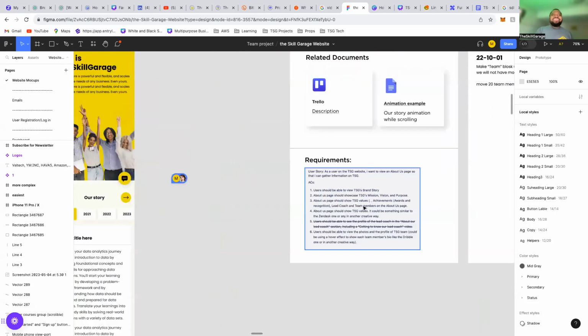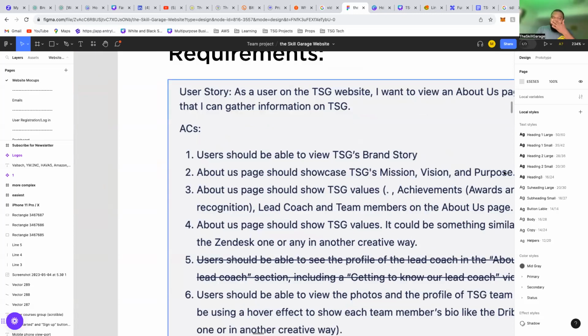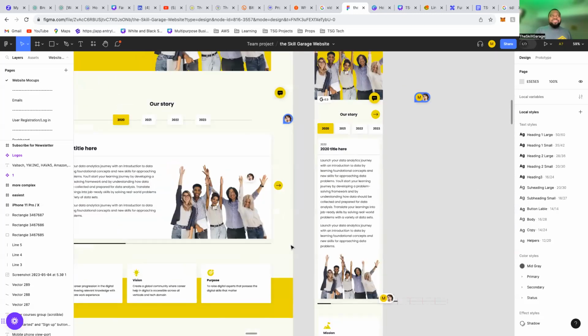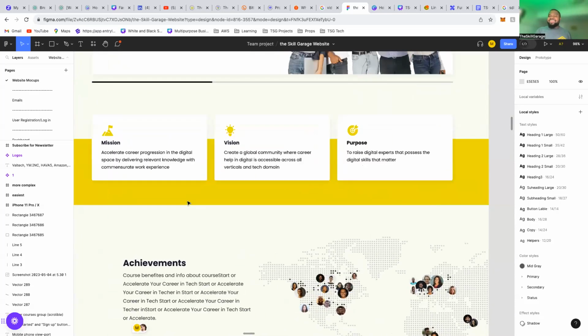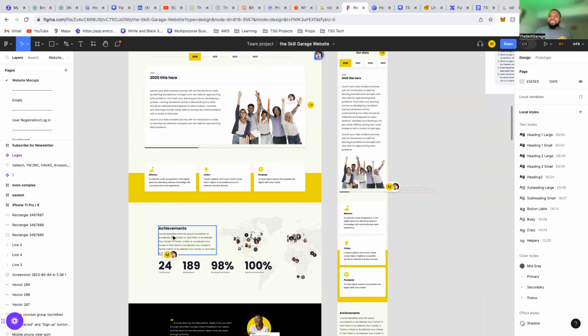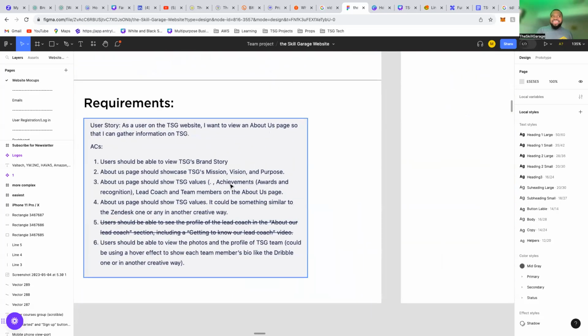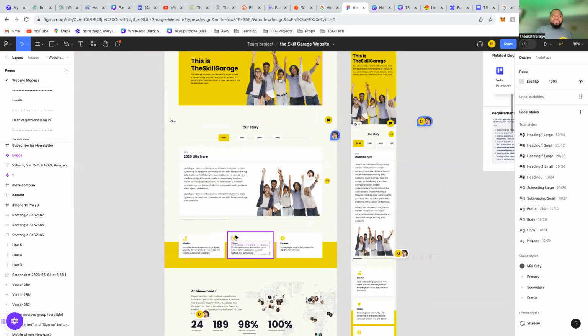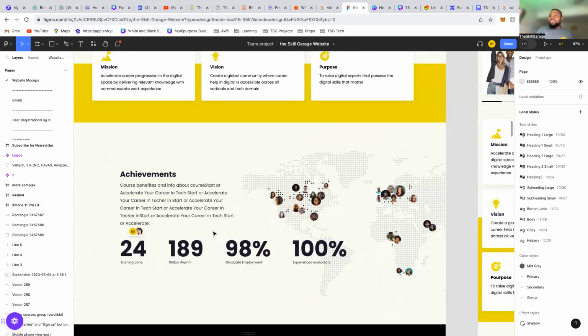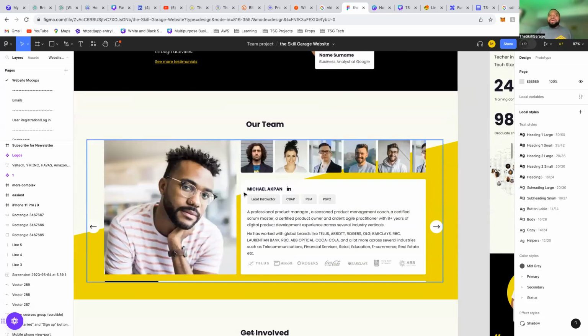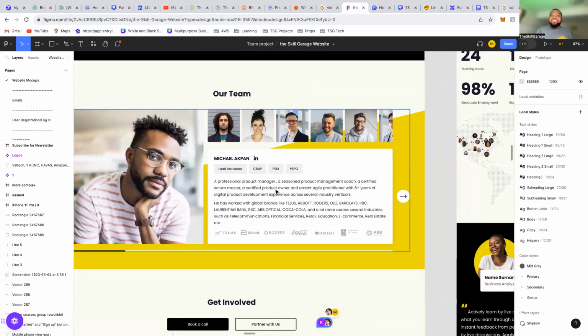The designer takes that and puts it into design. Achievements, awards, and the rest, they put into a design. And then our team, they put into design. Now, once they do this, this is the design.